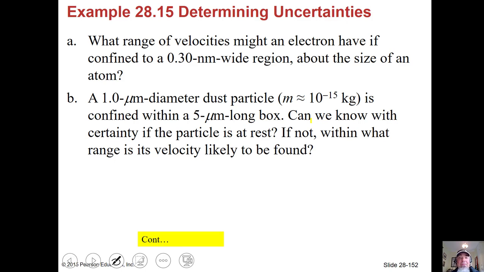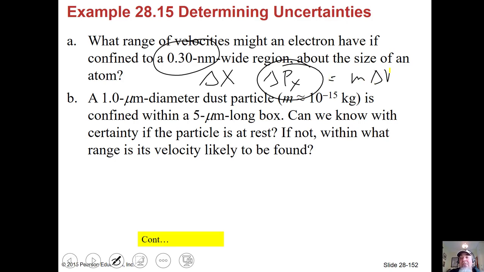Here's an example we can take a look at. What range of velocities might an electron have if confined to a 0.3 nanometer wide region, the size of an atom? So we're confined to that region. We don't know exactly where we're at. This is delta x, the uncertainty in position. They're asking what range of velocities. So we can figure out the uncertainty in the momentum, and the uncertainty in momentum is mass times